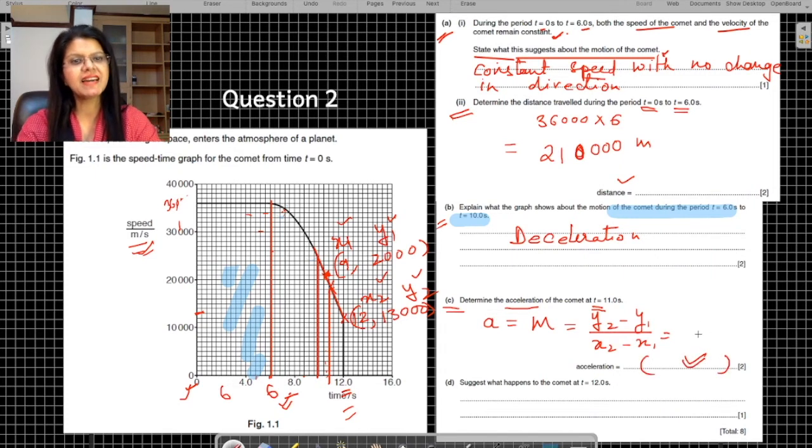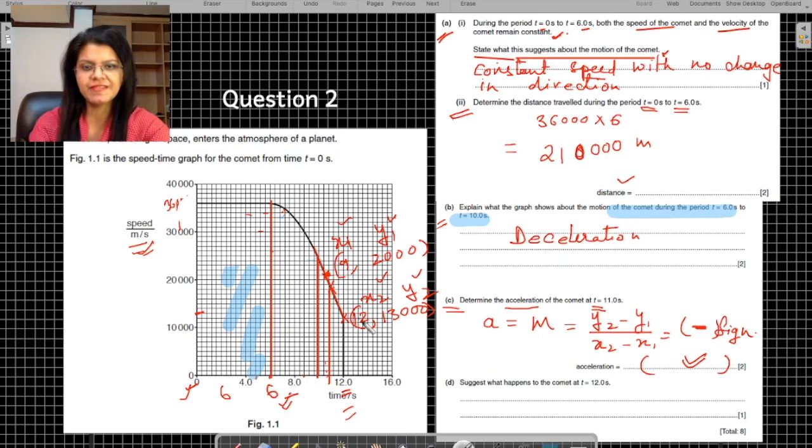And you'll see that the acceleration that you'll get here will have a negative sign. Negative sign means it is a deceleration, decreasing speed, and that is quite evident from the graph because it is a downward going curve, right? Clear? So let us come to the last part of the question,